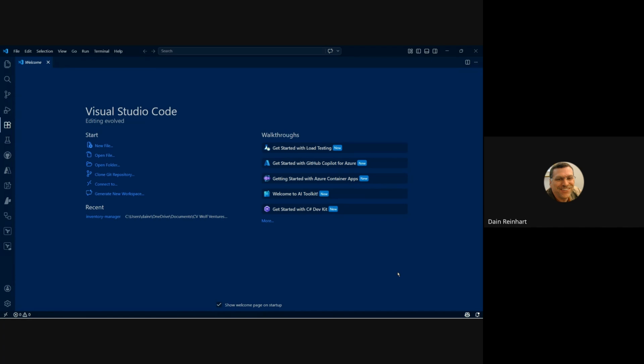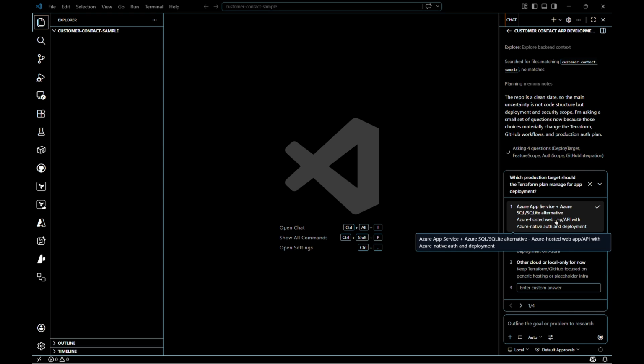This is Dane. Today I'm going to show you how to get started with your own website. It will run against a database using an API from a React front end. It's all going to be local authentication. And yes, I want to use Azure SQL as an alternative, but app services in production typically